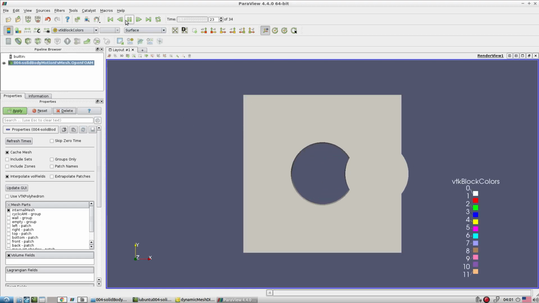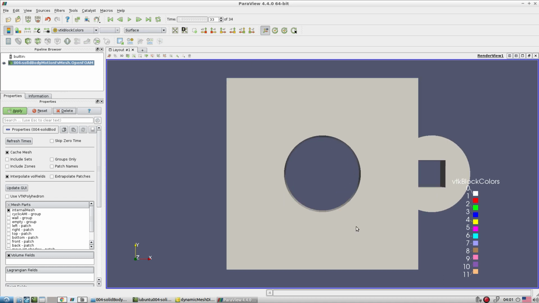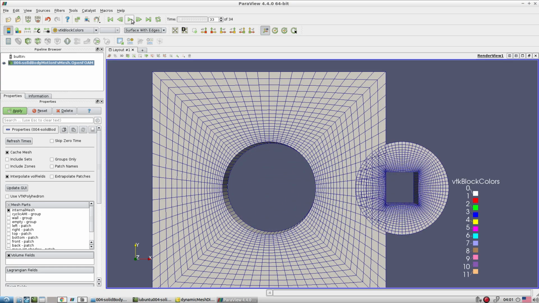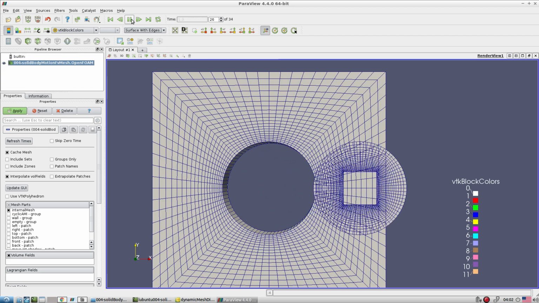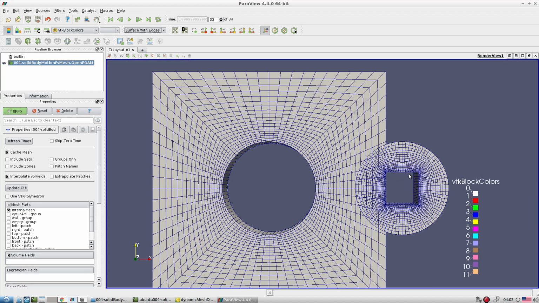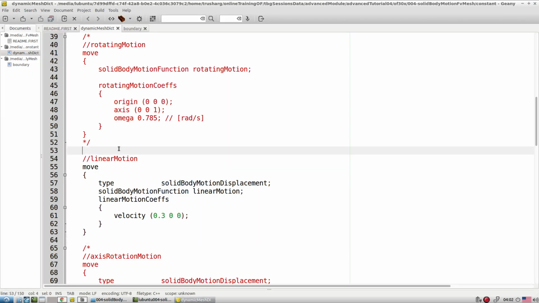Look, now this portion is moving. Have you seen? Entirely it went off, because it is not a physical movement. If you want this movement, don't give the movement to the cell zone. If you are expecting that this patch is supposed to move, then give the movement only to the patch, not the cell zone, otherwise it goes wrong. Look, the entire thing moved off, but we are not expecting it this way. If we want only this class of linear motion, then give the motion with the help of the dynamicFvMesh options, not with the solid body class of things.